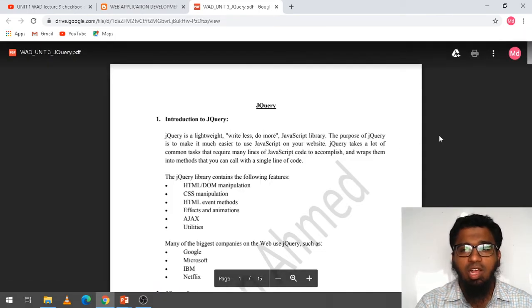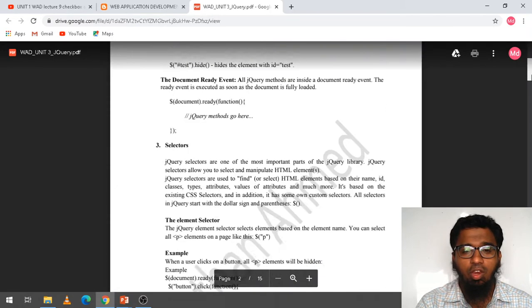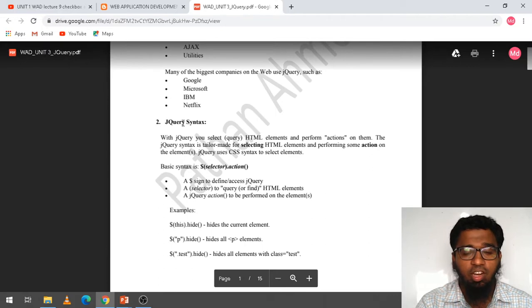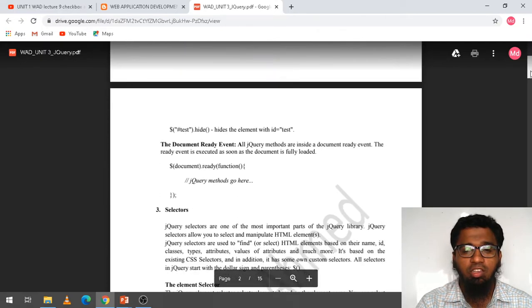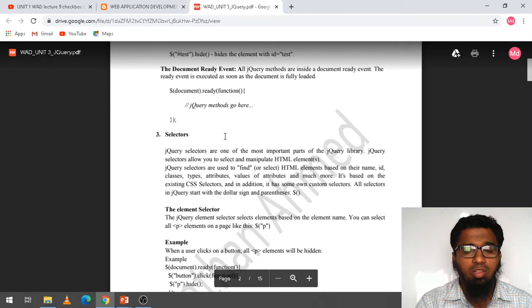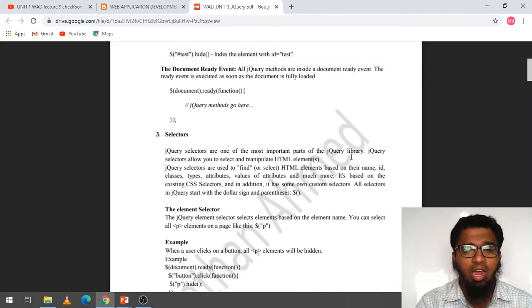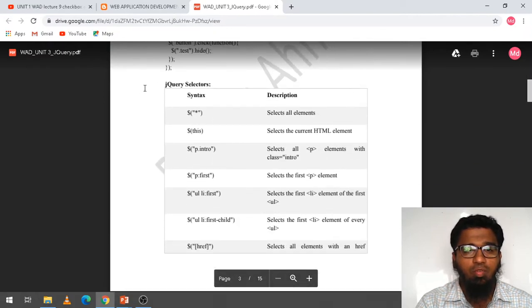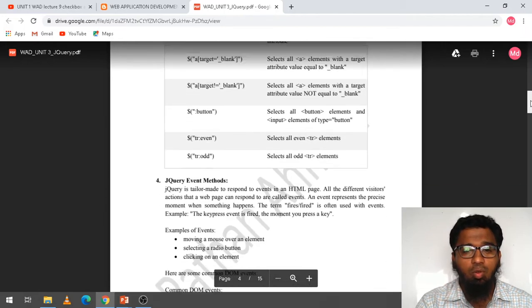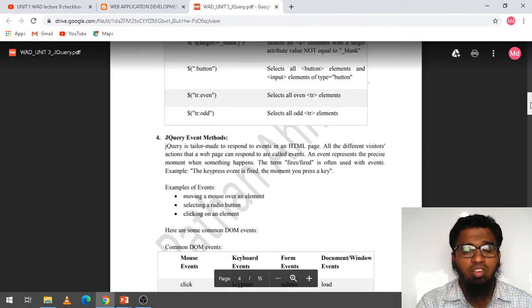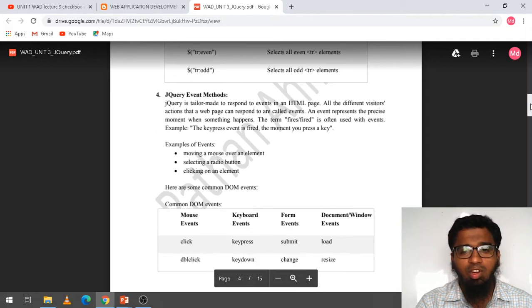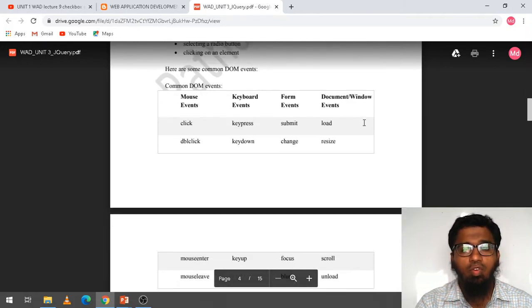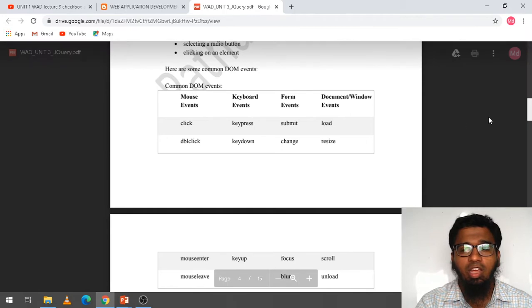In the last class we saw the introduction of jQuery, the jQuery syntax, how to write the jQuery syntax, and the selectors: ID selector, class selector, and some other jQuery selectors like star and this. The fourth one is jQuery event methods, like click, double click, key press.